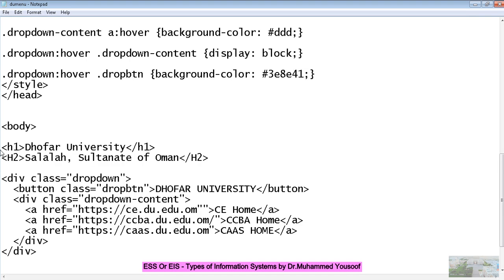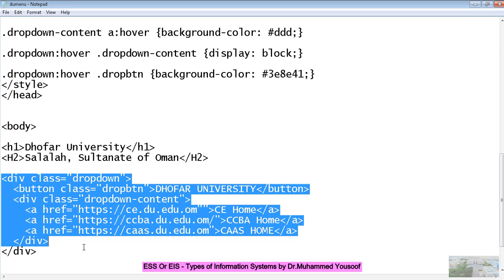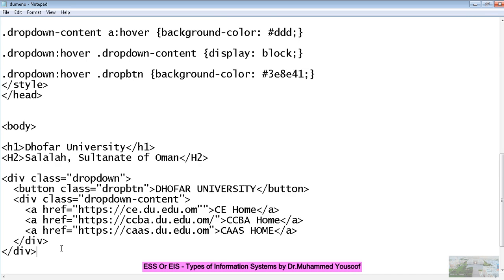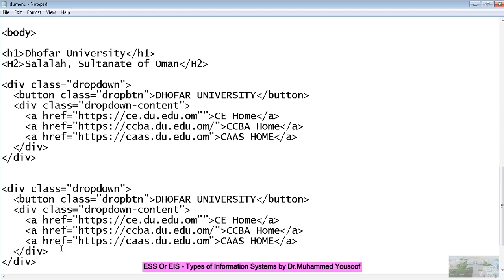Now if I want to make another menu, like a second menu, one menu is ready. You just copy this one and then paste it here. Just change it, for example, type it as departments.